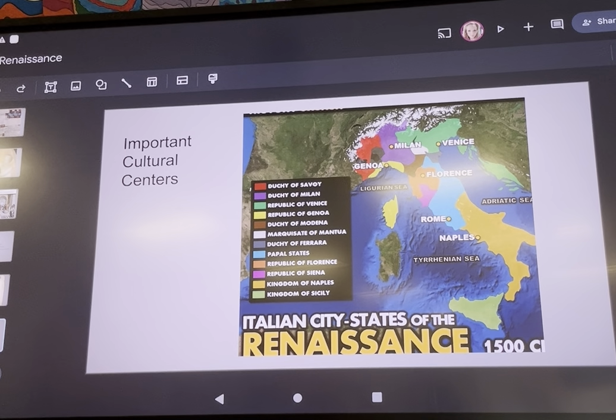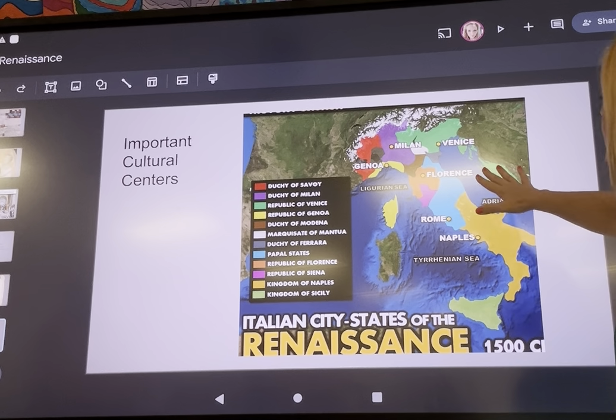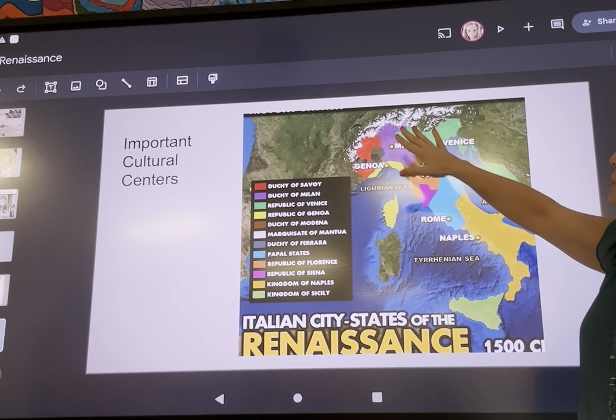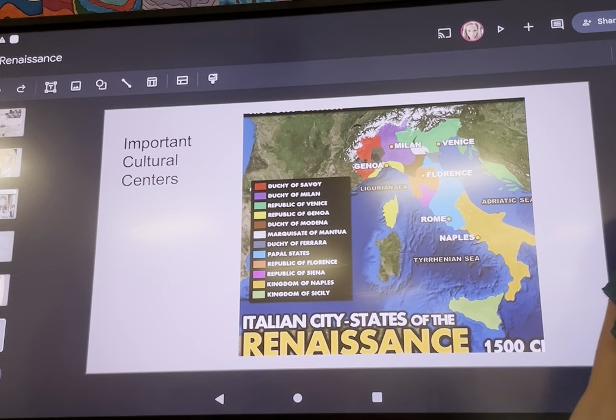sometimes their chapel, inside of their domes, and you'll see that as we move on in the slideshow. The Pazzi Chapel on the next page is a good example of that. So in Florence, this is where the birthplace is, and then we sort of move to Milan, and Leonardo da